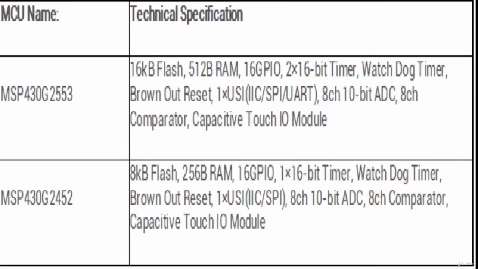MSP430G2553 will be fixed to the IC socket of your development board, and the MSP430G2452 will be provided separately. The technical specifications of both microcontrollers are shown in the table. As you can see, the MSP430G2553 has better specification than the other. It also has a UART module which would be very handy while debugging using integrated development environment, like we are using Energia development IDE in this course. Hence, in this series of video course, we will be using